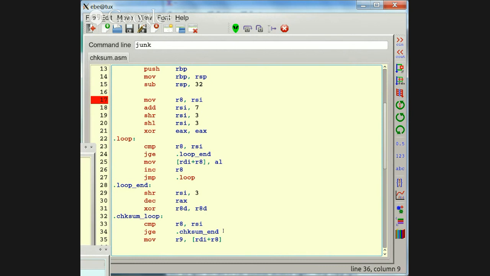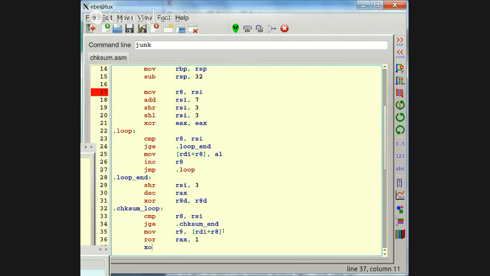And I'm going to choose, I think is it rotate right, ROR? I believe it is. RAX, comma 1. And then, how about exclusive OR? RAX, R9. So I won't be throwing away values from the first part. I'll be accumulating it, but I'll be accumulating the first quad word with the second, shifted a little bit. That should be fairly interesting.